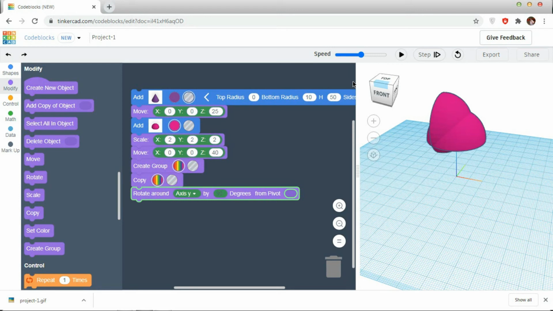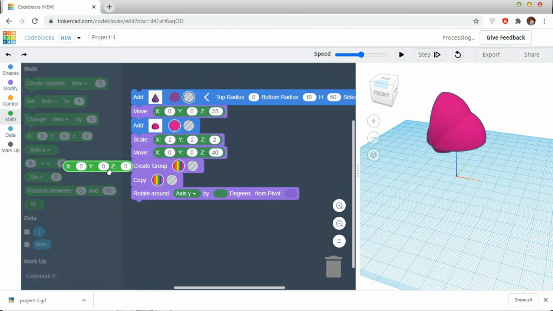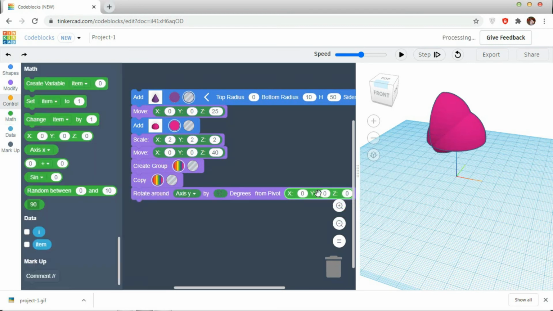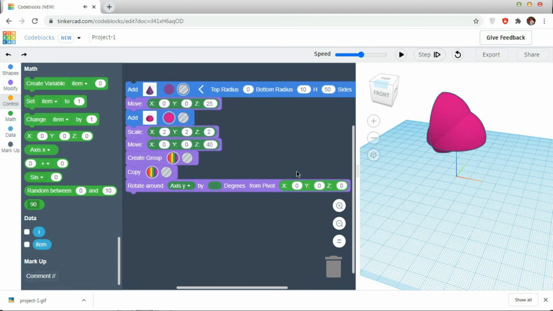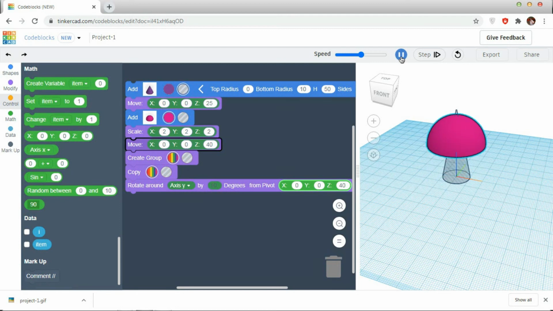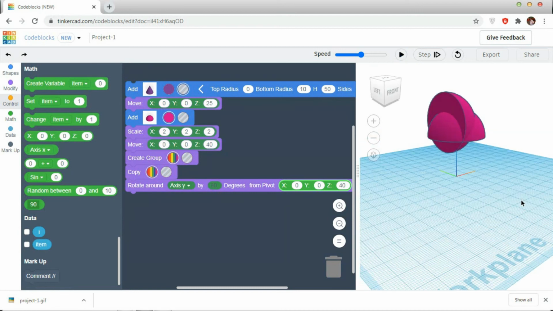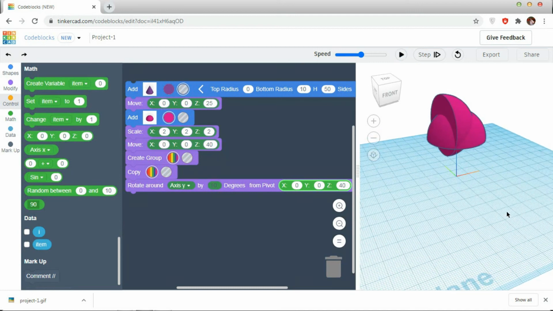For rotating from the point we decide, we have to take these 3 axes and put them in the pivot. I am rotating in y-axis at the height of 40, so I am using in z-axis 40. Other values will be the same. Moving my sphere, copying my sphere, rotating in y-axis with z as pivot. It has created the same position.